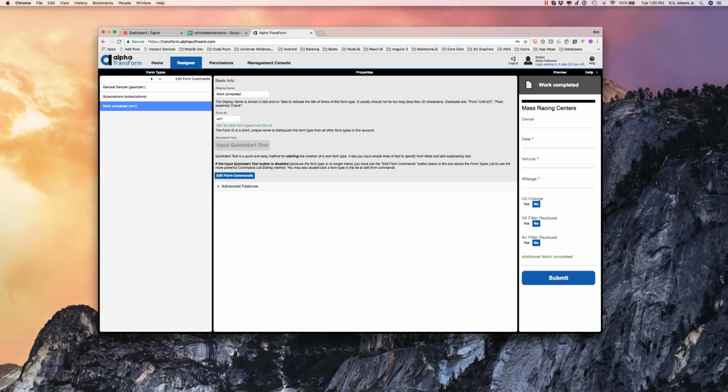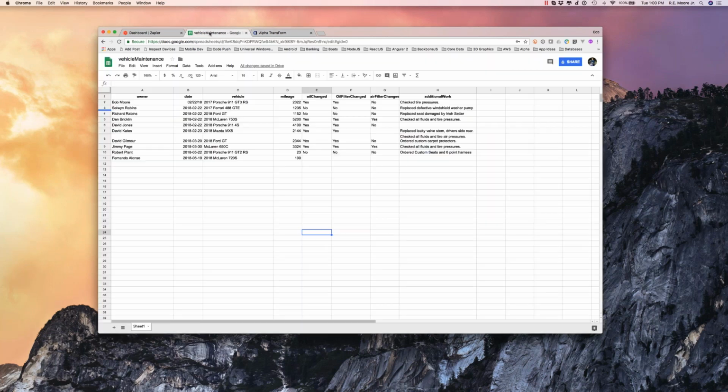Okay, so what we're going to take a look at today is using a Zapier action. In this case, we're going to have a Google spreadsheet that I call vehicle maintenance, with owner, date, vehicle mileage, oil changed, oil filter changed, air filter change, and then just an additional work field. And what we're going to do is, when a new row is added to this spreadsheet, it's going to